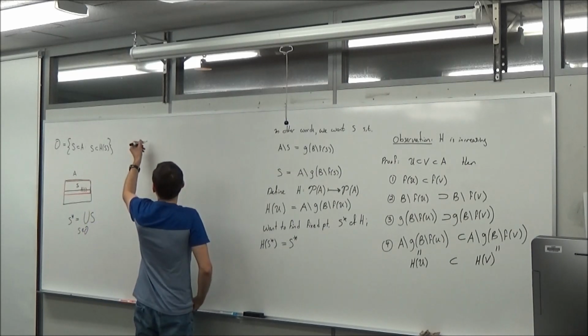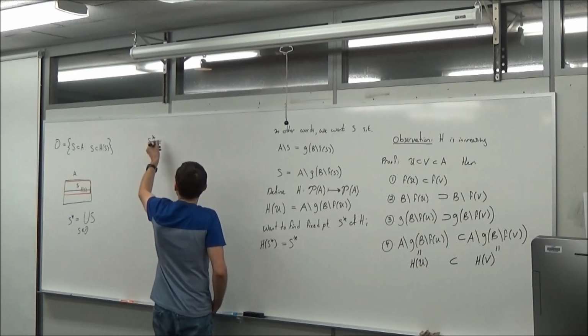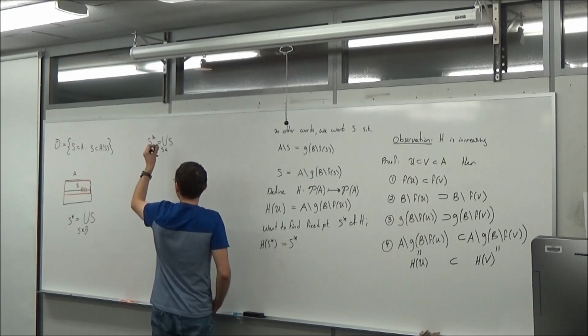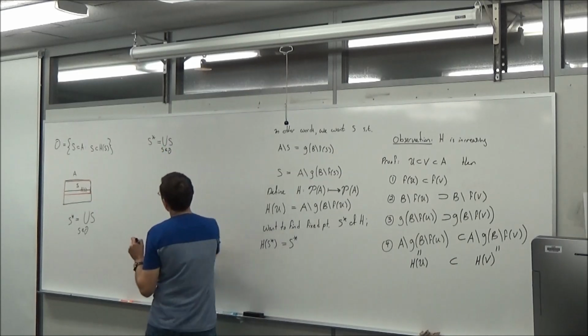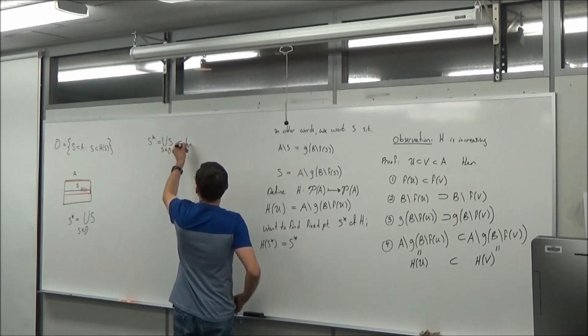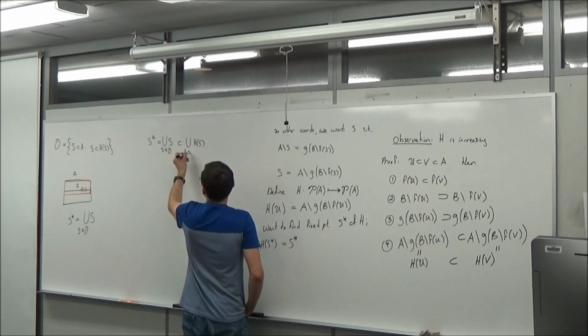So I apply, so we have S star is equal to this union. Now each S is part of O, so I know that this is a subset of the union of H of S, where S,